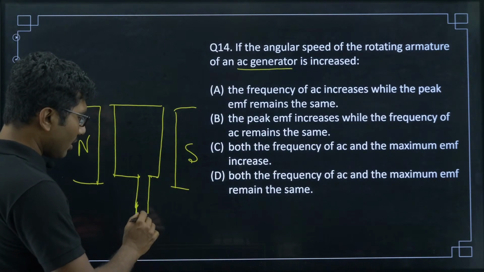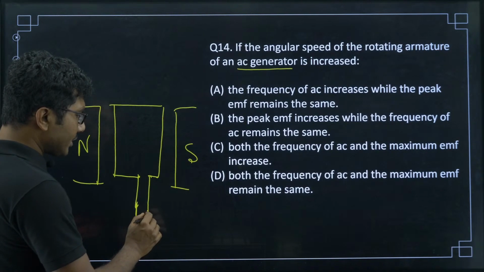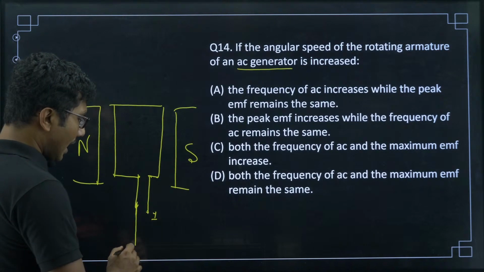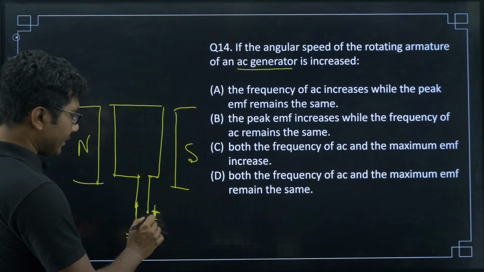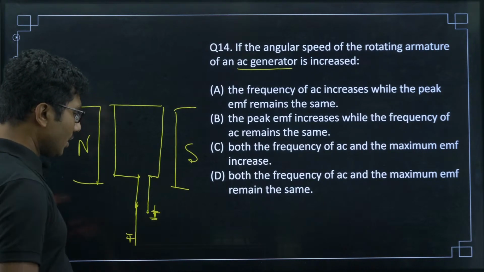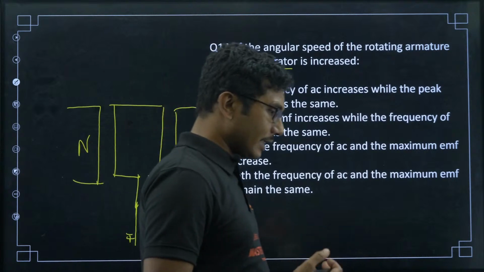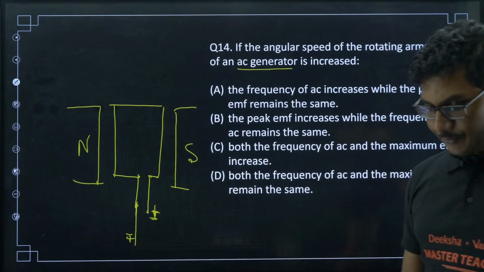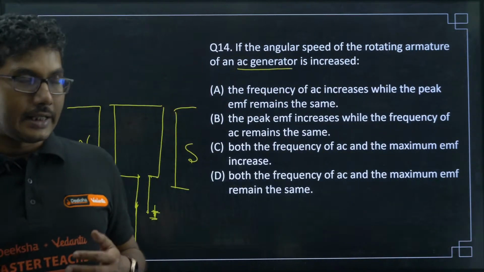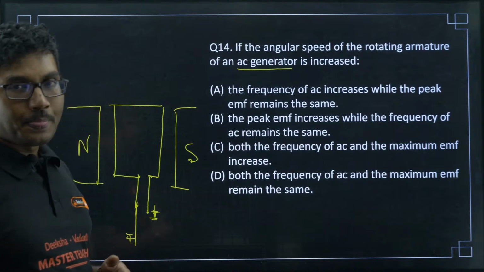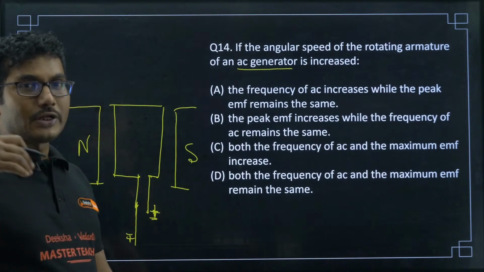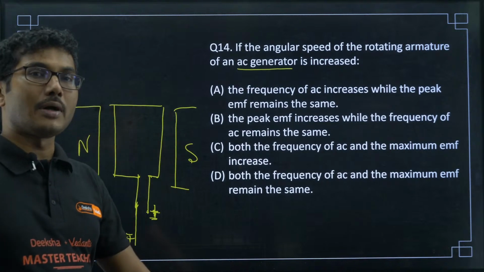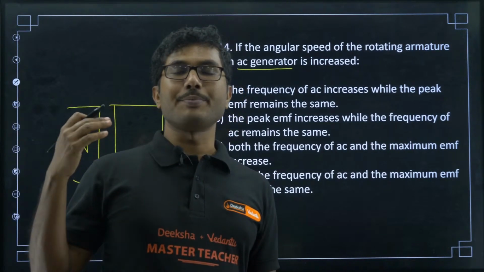that one part of this AC generator produces positive, negative. When this is positive, the other half is negative. When this is negative, the other part is positive. So this is how we get alternating generation. So they change direction after some time, and because of that change, there is a frequency.